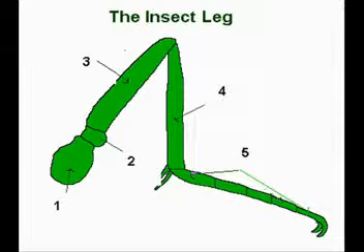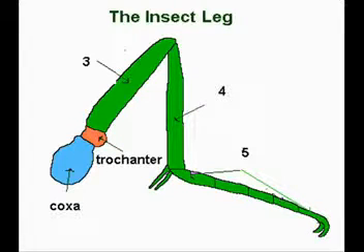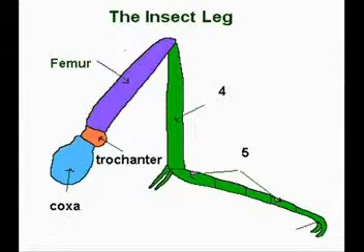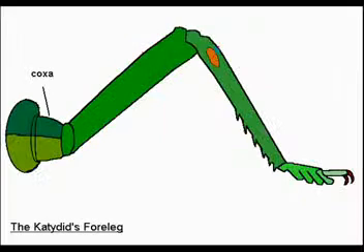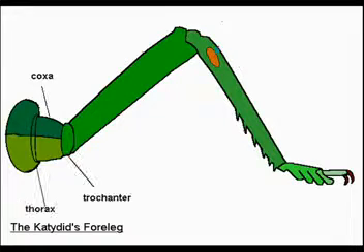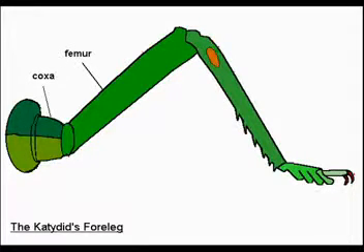Each leg has 5 major segments: coxa, trochanter, femur, tibia, and tarsus. Coxa is the basal segment of insect legs, linking the trochanter and thorax together. Trochanter is the small segment, second from the base. It links the femur to the coxa. Femur is the largest leg segment and the most variable in shape. It is third from the base.